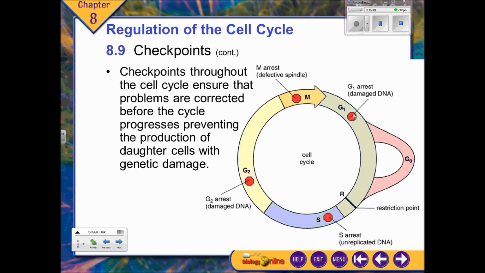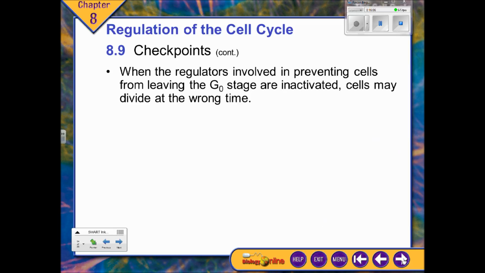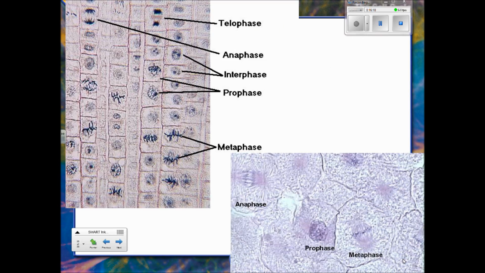G1, there's a mutation in the DNA. Well, let's not make baby cells from it, right? DNA, during synthesis, something happening with the DNA didn't copy correctly. Here it assesses it, and maybe the DNA seemed to copy correctly, but then it looked over it, and it checks it. And if it didn't, then it's not going to go through the rest of the cycle. And we call them the G0 if they just arrest.